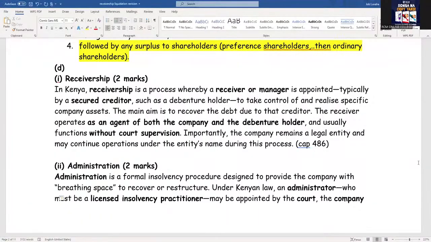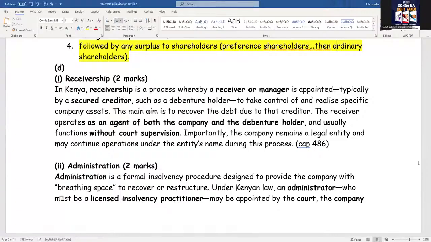Under receivership, a person we call a receiver is appointed to safeguard or protect the interest of specific creditors within the company by doing what? Safeguarding or securing the assets which they had charged in the company. Under administration, it is for the interest or the benefit of all the creditors. Further to this, under administration, the administrator takes over the management of the affairs of the company